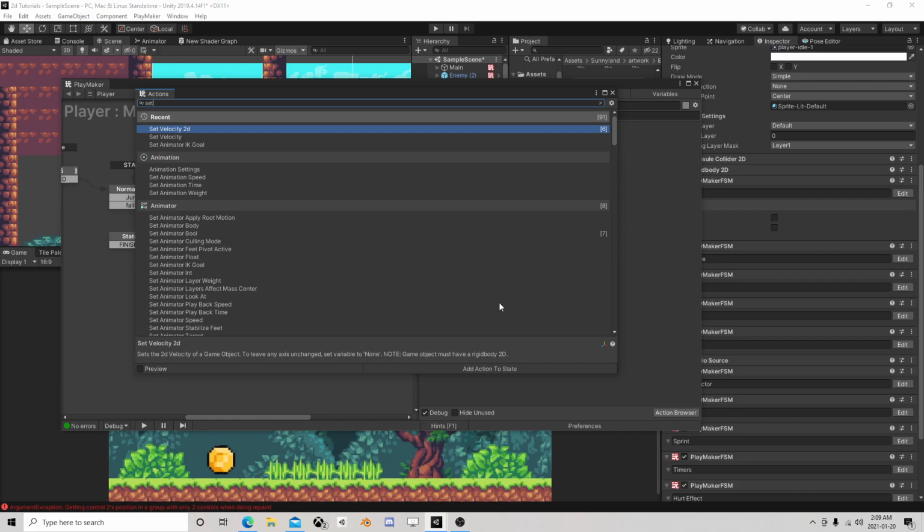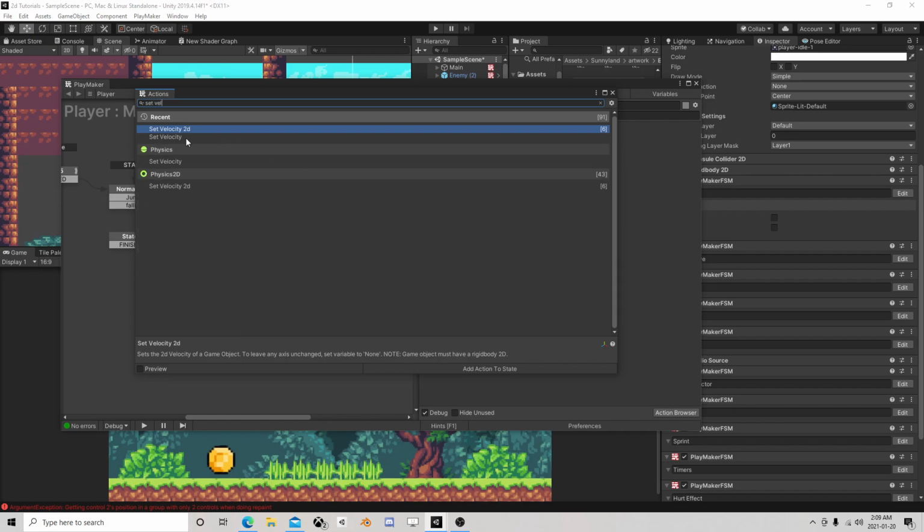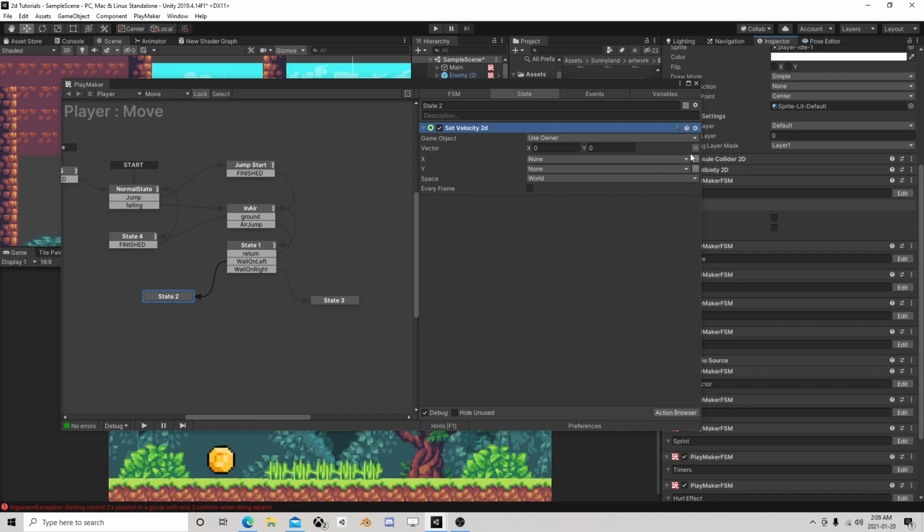Let's set velocity. This way, if we're moving down and we have a negative velocity of 5 on the Y going down, we're not going to just add 3. It's just going to slow us down. We actually want to leap, so we want to set the velocity,